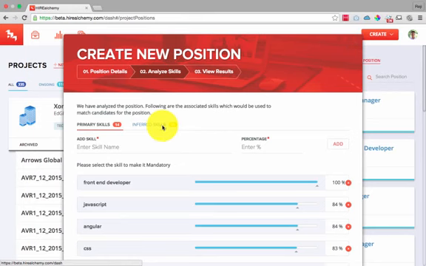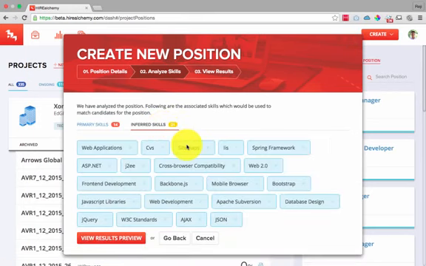Now, if we scroll up, we'll see that there's another tab that the system has thrown up here, which we call the inferred skills tab. Now, the system understands that from the job description, whatever you have written out, it's gone ahead and picked out skills from that and given it logical scoring, saying this is important, this is a little lesser important. But what it's also done is it's giving you a set of skills here and telling you that, okay, you have not mentioned all of these, but we think that having these skills would make the person a better fit